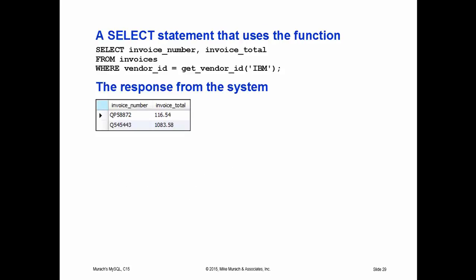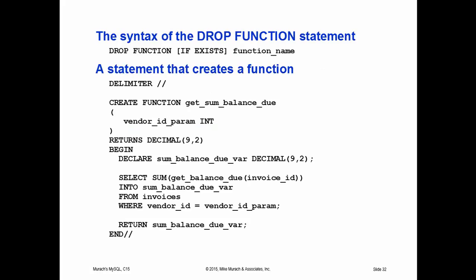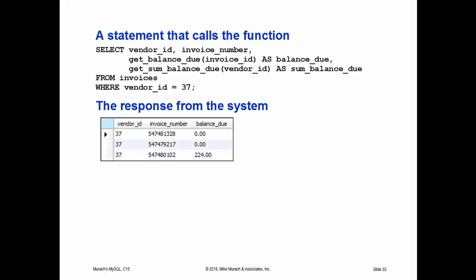Here's another example that calculates a balance due. And again, you want to be able to combine some of the stuff that we've been talking about. What I mean by that is you want to be able to put dynamic SQL in there also. So when you calculate a balance due, you can put in a customer's name at runtime and figure out what their balance due is. All right, when you're done with a function, you can drop it. And the last thing that's discussed in here,